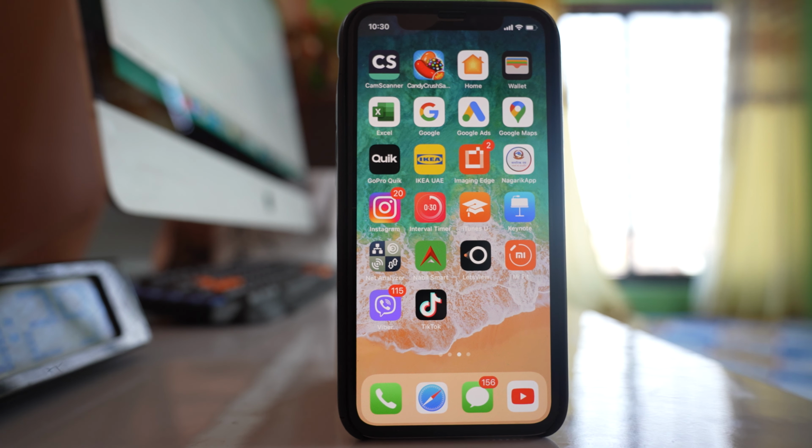In this video today, we will see two cases where we create folders in iPhone and use them. The first one is we can group the apps together in a single folder.